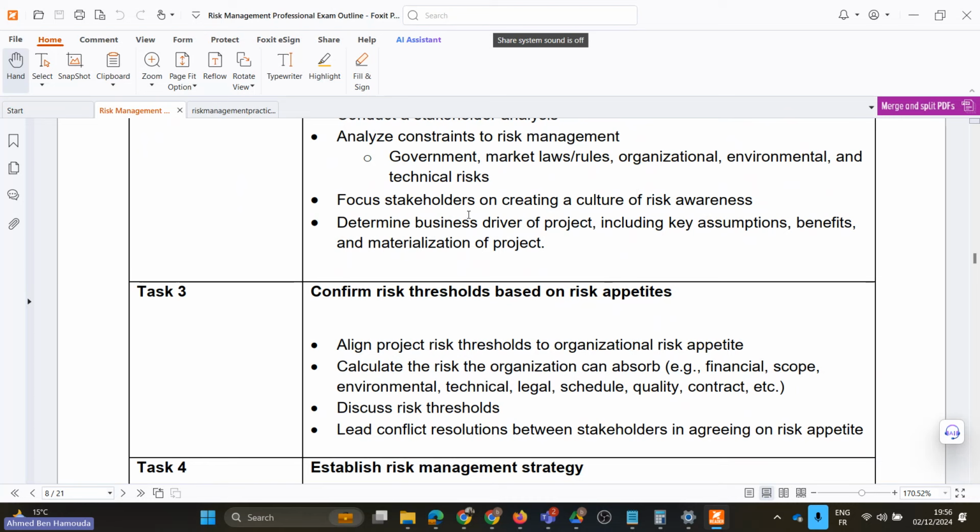Also, understanding the whole business context of the project, what drives the project from a business point of view, which assumptions the project was based on, what are the expected benefits and value to be achieved, etc. So these are also important parts and aspects, because